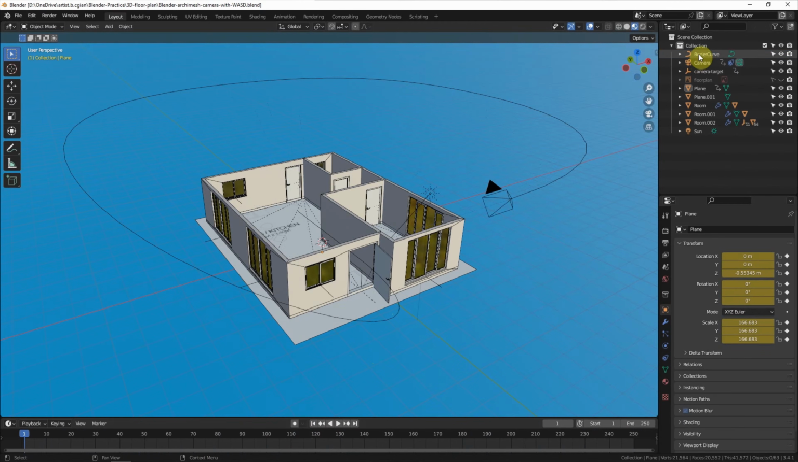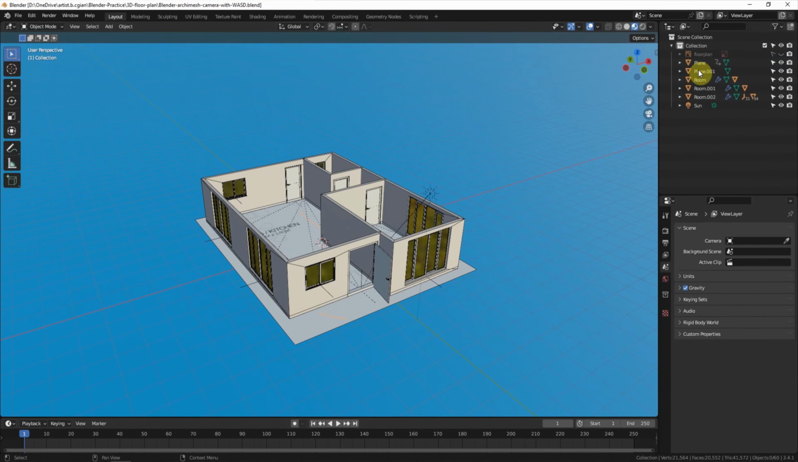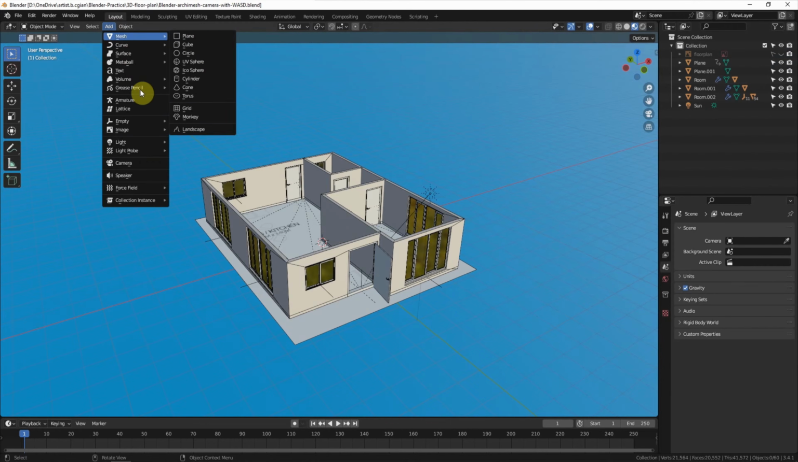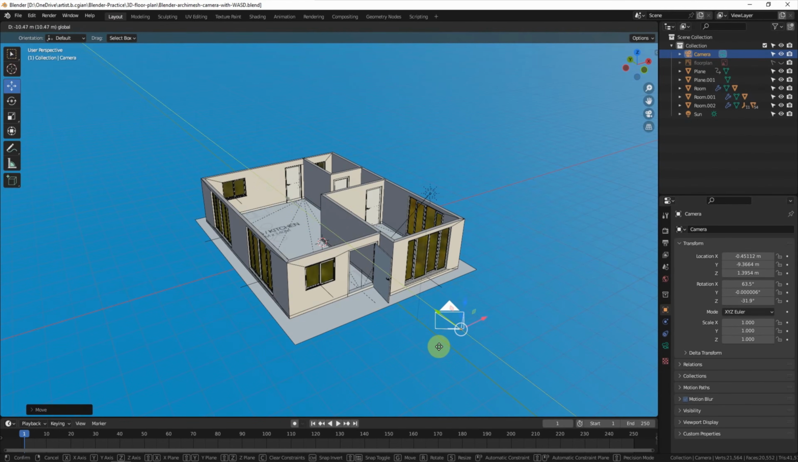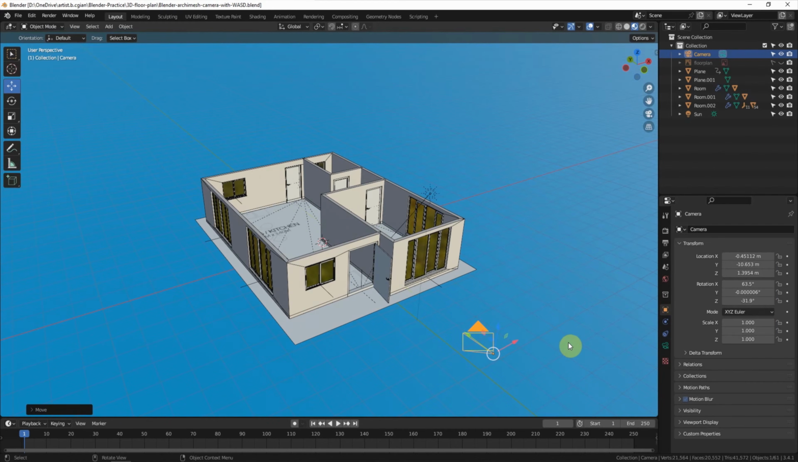Now I delete the previous camera and then go to add a new camera. Now the camera is added at the origin. We can use G to move the camera, or we can use the Gizmo to move the camera. I move it here. And then we can select the camera and press numpad 0 to move the view